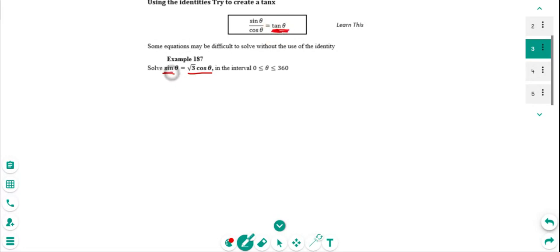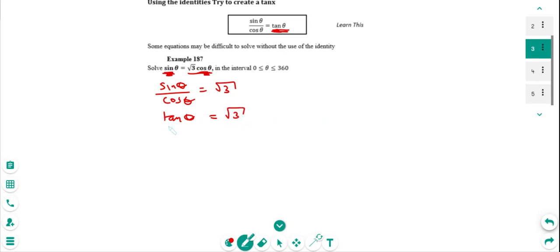Because when we have two different types of trig function involved, it's difficult to solve. So we need it to be just in terms of one trig function. So what we can do is divide through by cos theta. If we do that, we get sine theta over cos theta, and that's equal to root 3. And using this identity, that means that tan theta is equal to square root